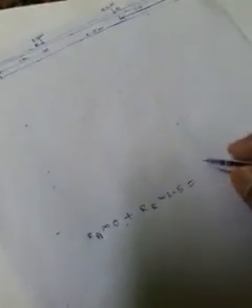The moment of 2 kN is 2 into 1 meter, as the distance is 1. So this is 2 into 1, and the moment of 4 kN is 4 into 1 plus 0.5, that is, the distance from A to D is 1.5. So plus 4 into 1.5